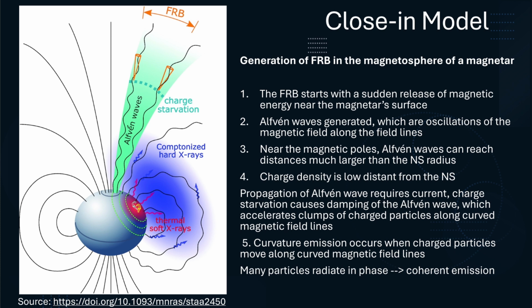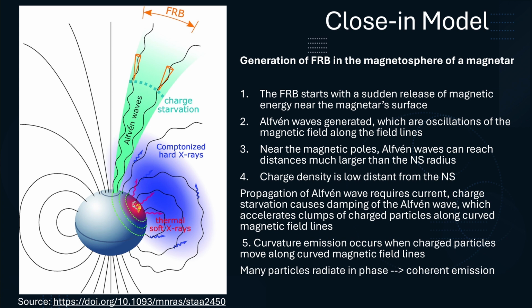Close-in means closer to the surface of the neutron star. A fast radio burst is generated by the sudden release of energy by the magnetar's magnetic disturbance, such as an earthquake. It will produce a peak of electromagnetic radiation. Then the Alfvén wave is generated with the disturbance, which describes the oscillation of the magnetic field along the field lines. This model assumes the magnetar performs like a magnetic bar, with field lines diverged near the poles and closed near